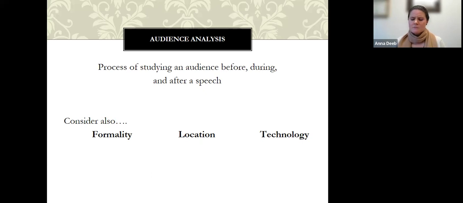Something else to think about, do you have the opportunity to ask questions about your audience ahead of time to get to know a little bit more about them? So, for example, if you have ever been to a webinar online, the organizers who are putting it together might ask questions about the audience to tailor their message. So, out of these 5 subjects, what are you most interested in hearing about in this 30-minute webinar?